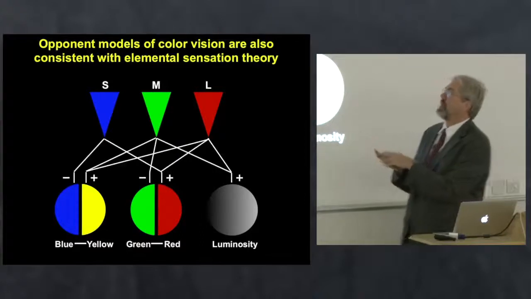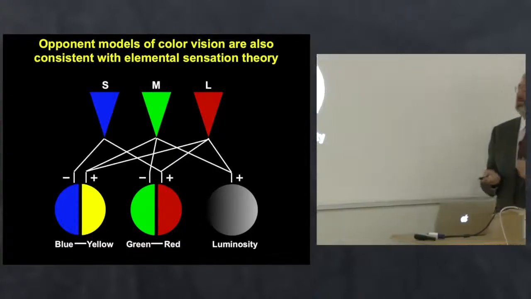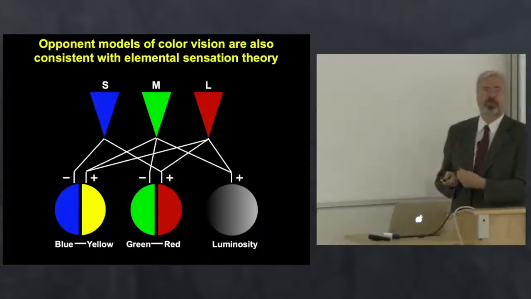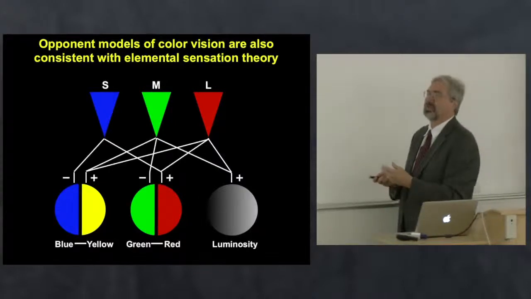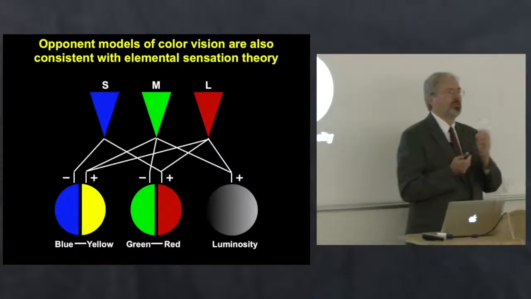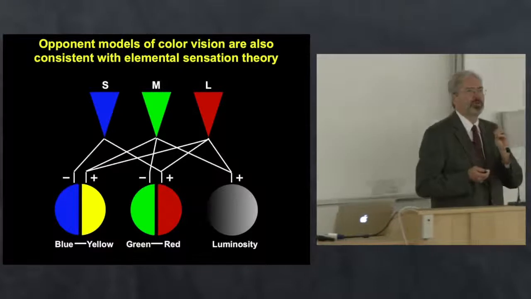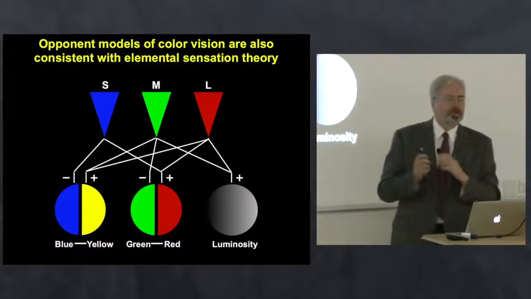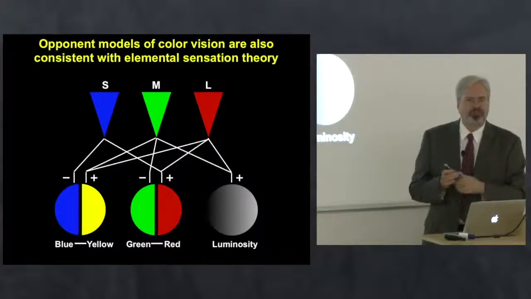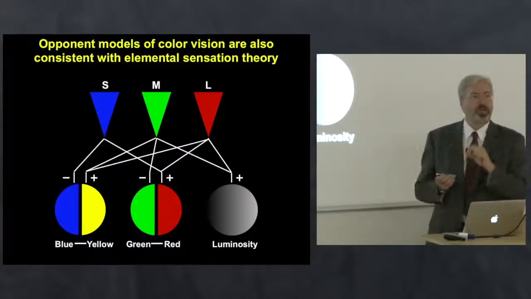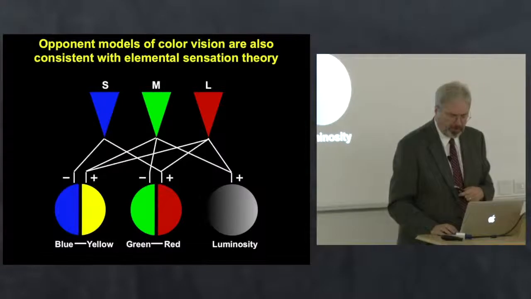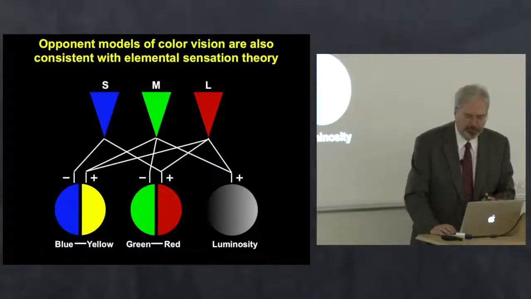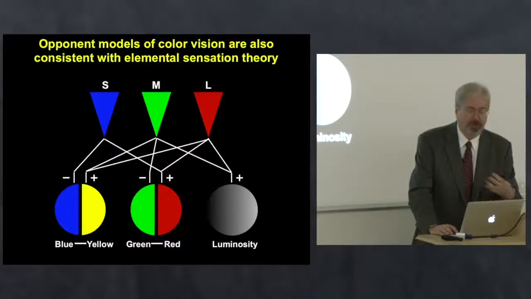The point is simply that even with an opponent colors theory of color vision, you have this one-to-one mapping between single cone stimulation and color experience. The opponent model might make different predictions about exactly what color you would see, but still every cone would generate the same experience. Well, so this led, with the advent of adaptive optics, we were able to try this experiment,